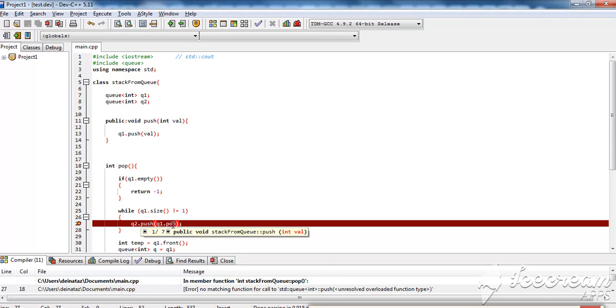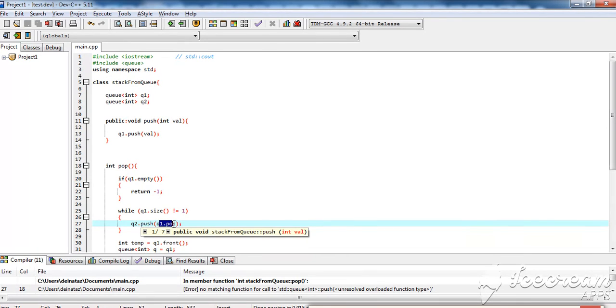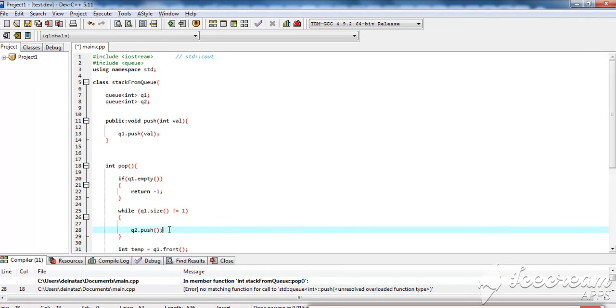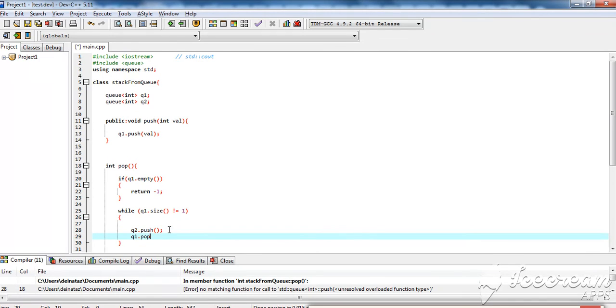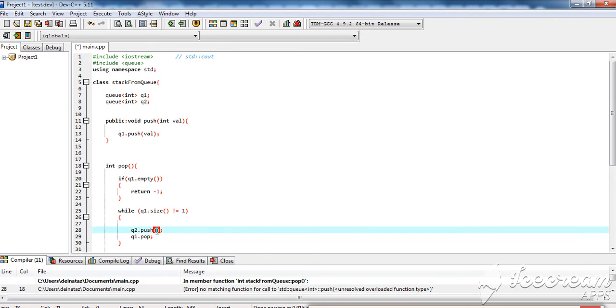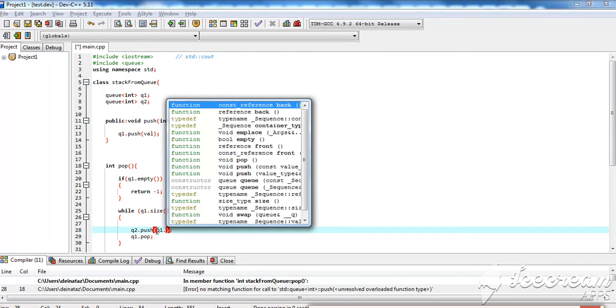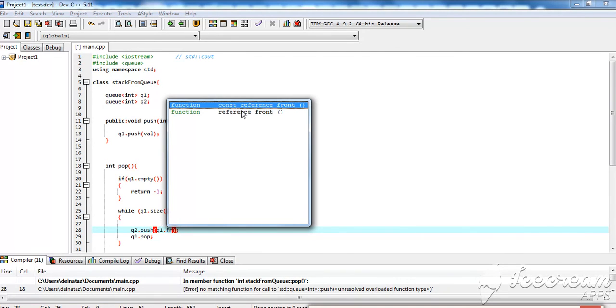Push int value. Okay, so q1.pop cannot come here because this is a void. So let's do this. Do q1.pop after this, and let's put here q1.front because I will take the front element out, and then